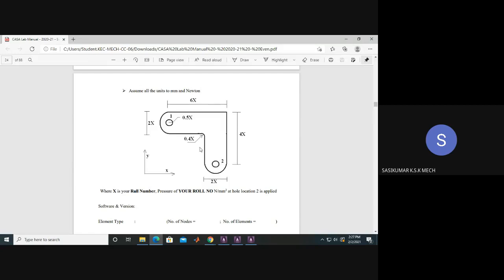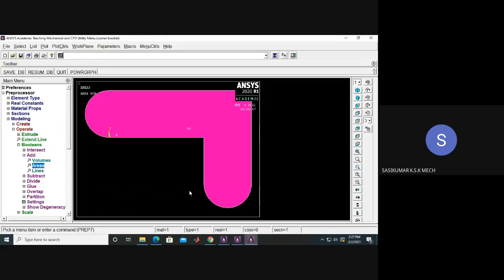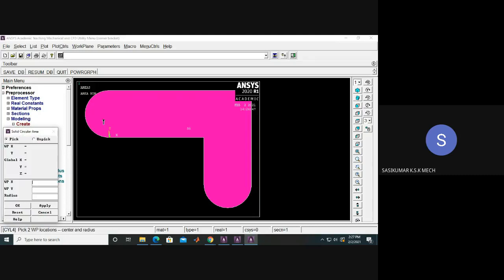To have these two holes, I have to subtract 2 more areas. For that, I am once again creating the areas circle, solid circle. Origin will be at x it is 0, and at y it is 1 above the x-axis.